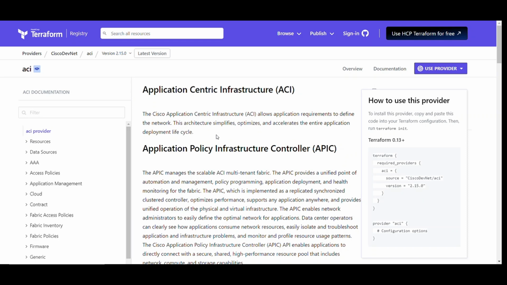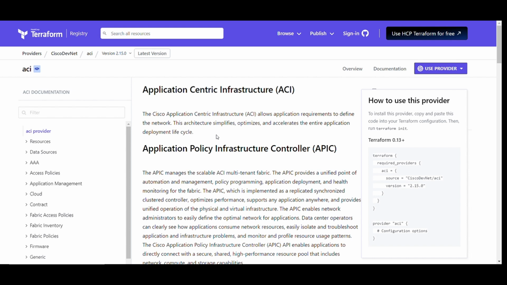In this video, we'll be using Terraform with Cisco ACI resources. As we know, ACI is Cisco's SDN, software-defined networking, which makes deploying networks and applications much easier in less time. Any managed object that we can create using REST API or Python or Ansible, we should be able to do with